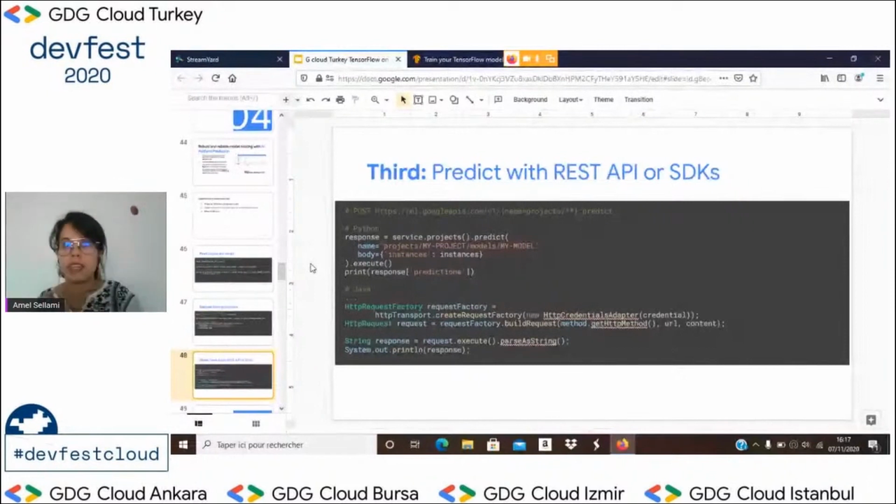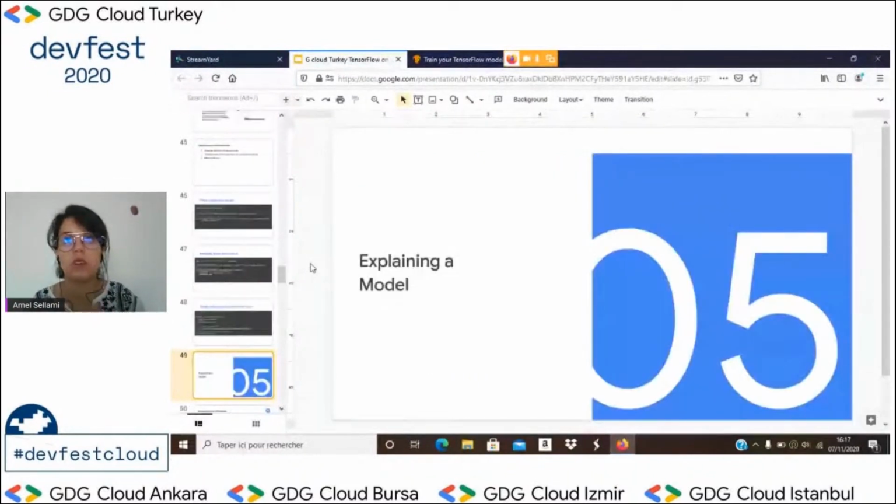Okay, so basically what we've done, we trained our model, we have served our model, we deployed it, and now we're going to try to explain it. Basically, with deep learning models, the typical vision is that we train our model and it's great, the accuracy is great, everything is great, you want to deploy it. The other way is I want to explain why things happened and how I'm going to improve my model. And this is the part of explaining a model that you can use on Google Cloud platforms.